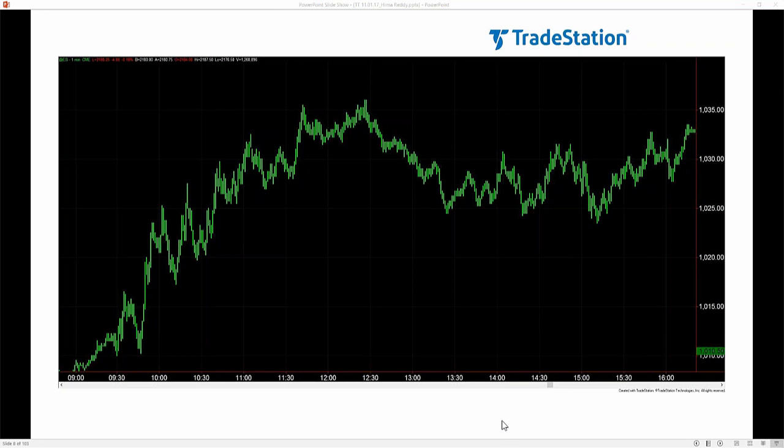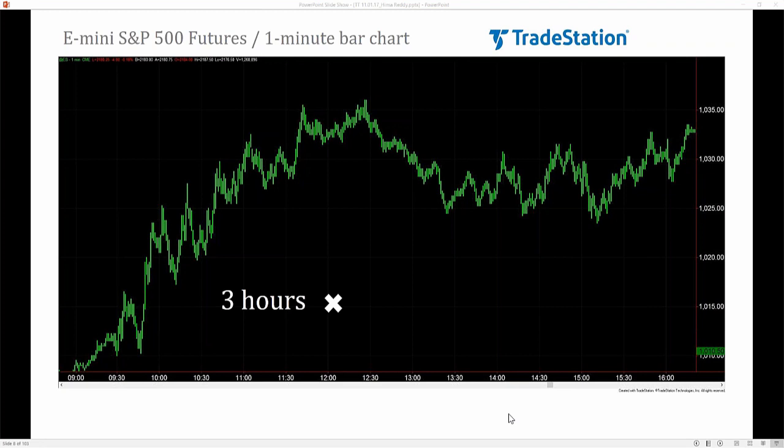But what my dad told me specifically to watch was the E-mini S&P 500 futures market on a 1-minute bar chart. Okay, no candles, no Ichimoku, no anything like that. He just wanted me to get familiar with pure price action. He didn't even want me to color the bars red and green for up and down, okay? Just pure price action. And I actually did this for 3 hours a day, obviously every weekday, for an entire